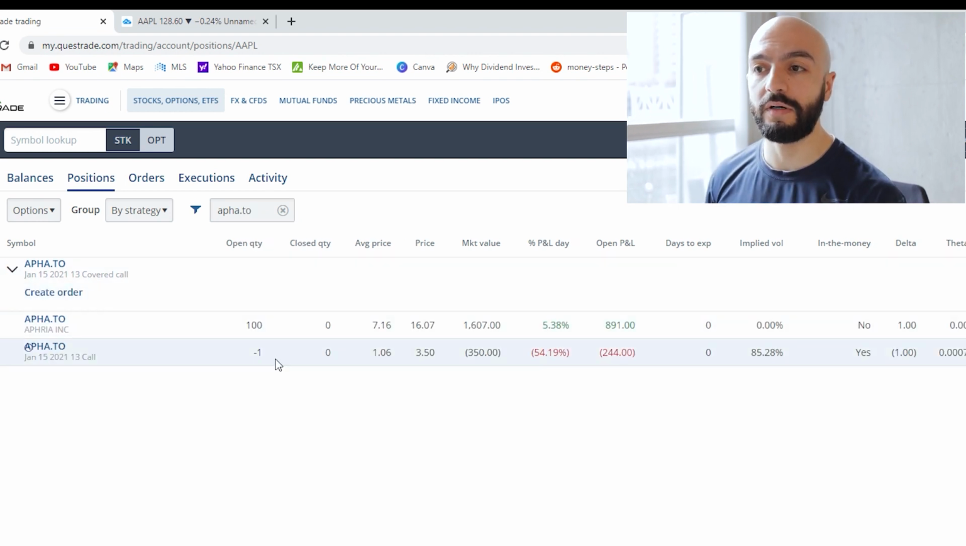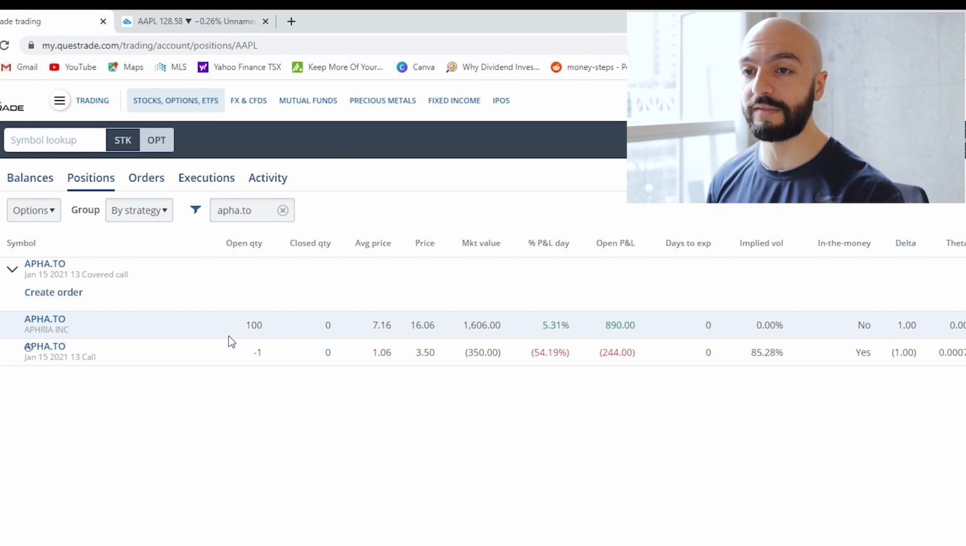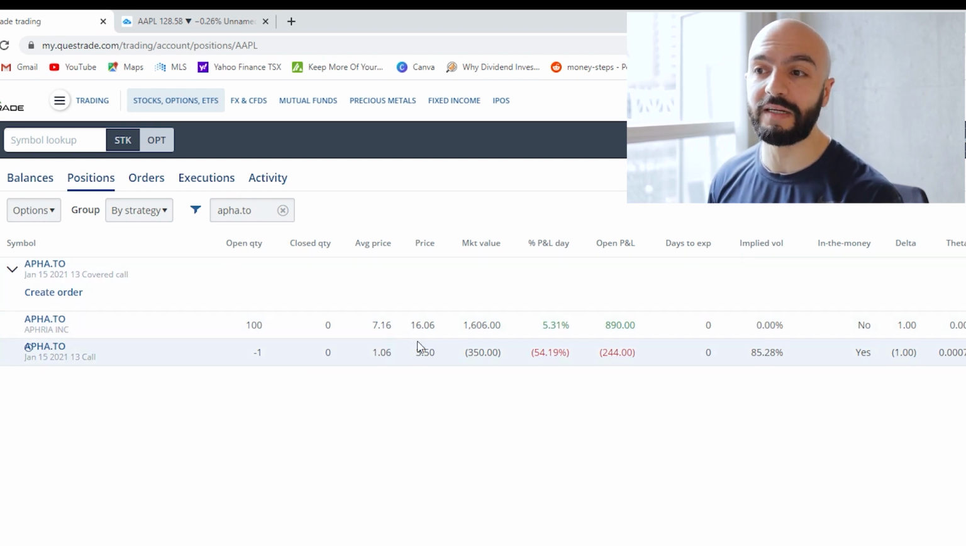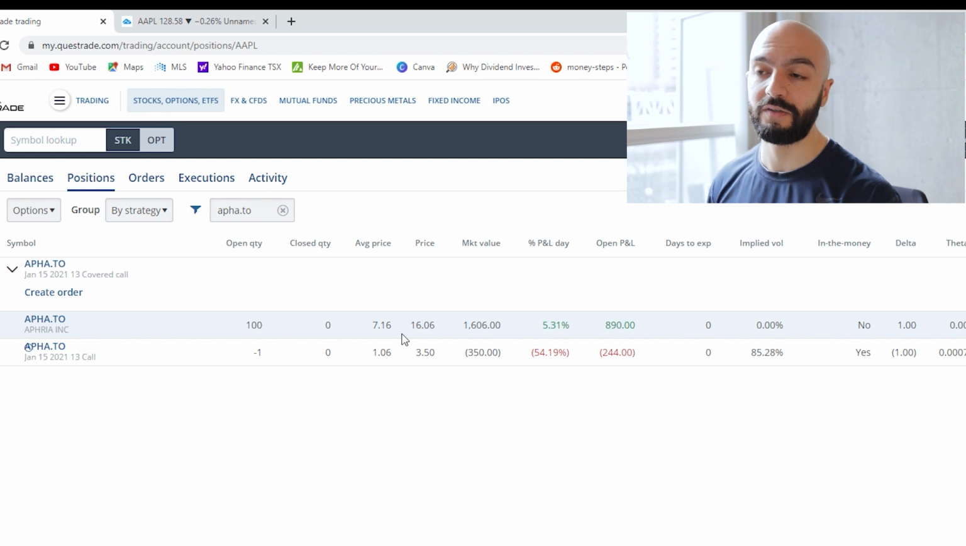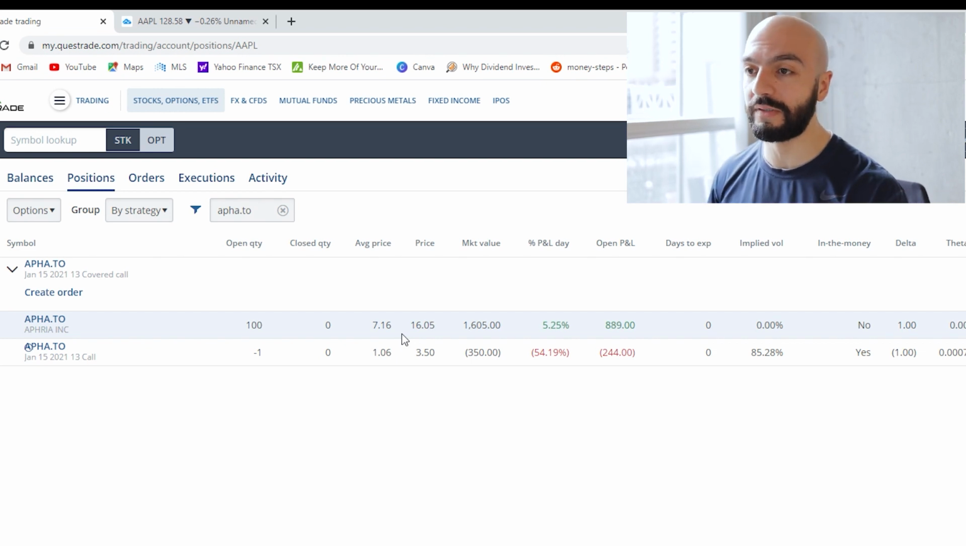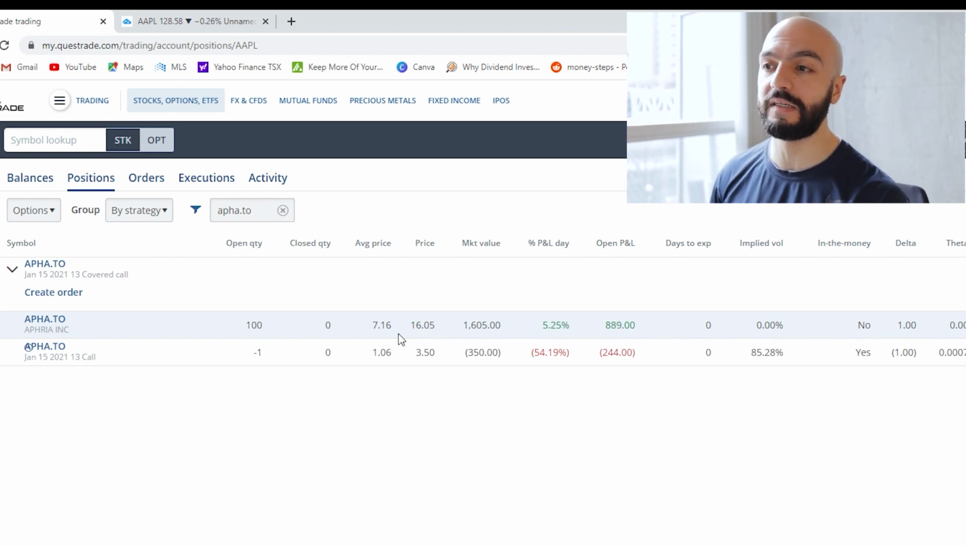I sold a covered call. I bought Afria for $7 and I sold the 13 strike call. Right now it's $16, and it expires today. This means that by the end of the day, I'm forced to sell 100 shares at $13 to someone. They're instantly in the money because it's trading at 16. So I'm kind of losing this $300 gain, but I don't mind because I've been selling covered calls on Afria